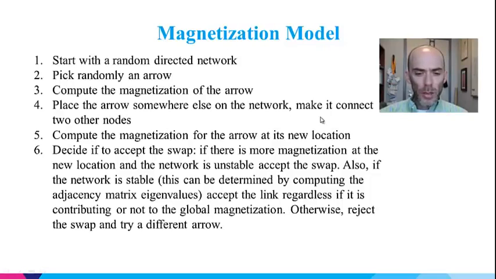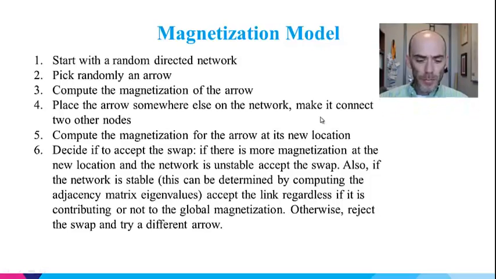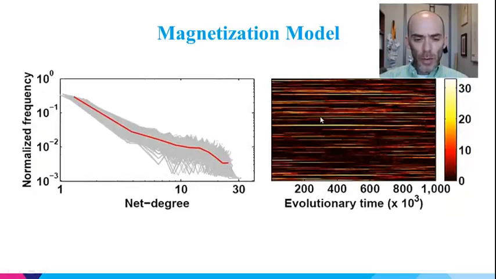After we finish a swap, we also check whether the network is stable. And this can be determined by computing the adjacency matrix eigenvalues. In case the network is stable, we accept swaps regardless of whether they contribute to the global magnetization. Otherwise, we reject a swap that does not contribute to the global magnetization. If we repeat the process, eventually we get a scale-free network, and that connectivity distribution resembles the topology of many